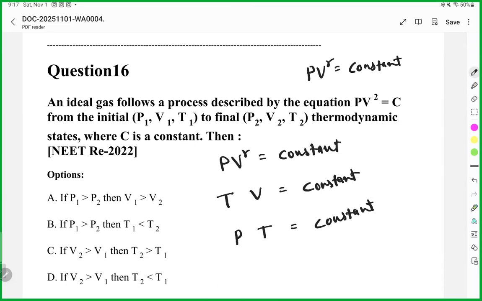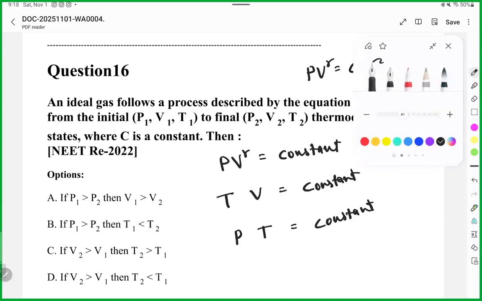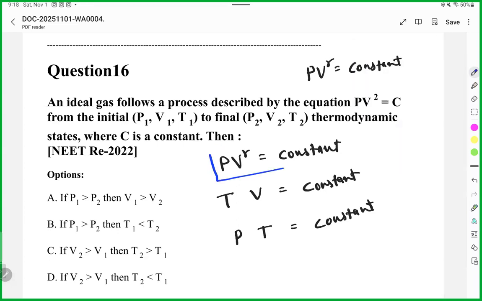And you had 3, 4 PYQ based on this. PV^gamma is equal to constant. If you know this, you can derive remaining by using ideal gas equation, PV is equal to nRT. Tell me the answer. Option D. Yeah, answer is correct. I'm asking derivation of this. वरिंदर, answer एकदम सही है।